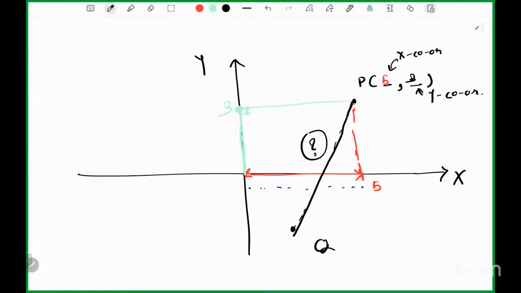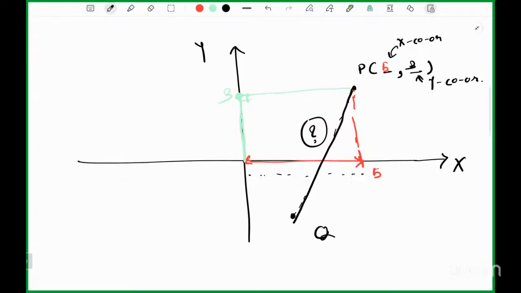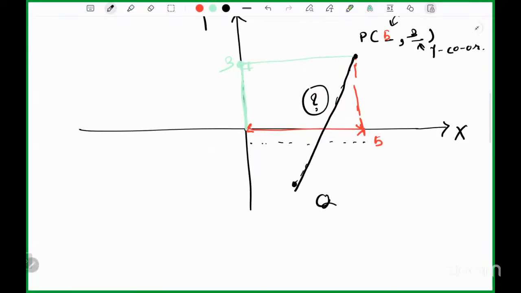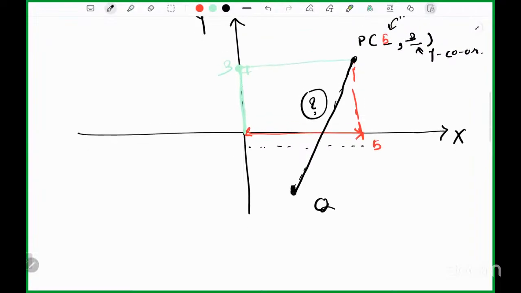How did we get the distance formula? We just use the help of the Pythagoras theorem. We create a right angle triangle over here and then use the Pythagoras theorem. That's the logic behind the distance formula. You can easily prove how you get it. Here we have two points, P and Q, and suppose we have specific numbers,